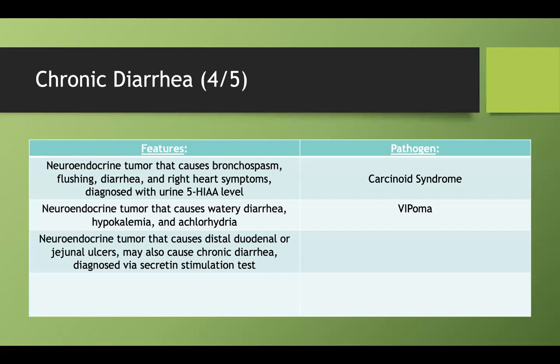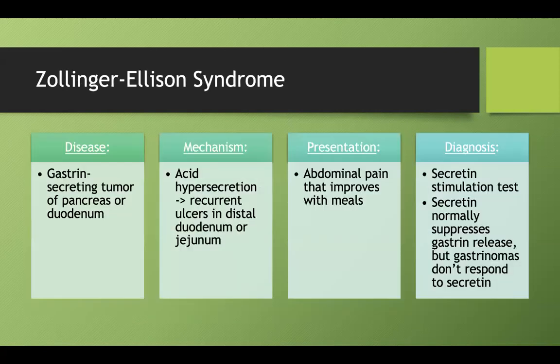How about a neuroendocrine tumor that causes distal duodenal ulcers or proximal jejunal ulcers? It can sometimes cause chronic diarrhea. You diagnose it via the secretin stimulation test. So that's a gastrinoma, also known as Zollinger-Ellison syndrome, which we've talked about in the past. Just know these ulcers in the distal duodenum, and know that the secretin stimulation test can help